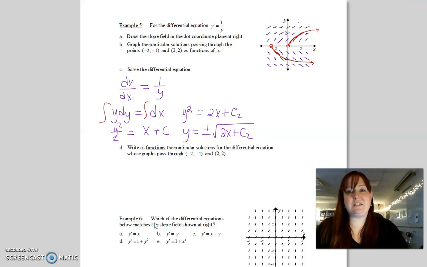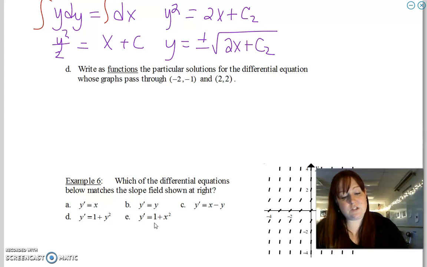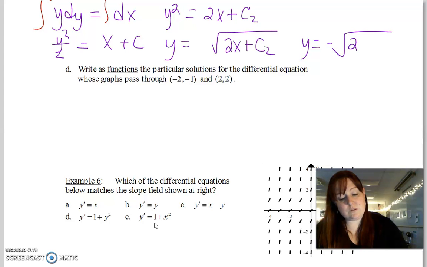You may have recognized that from your parent functions. I hope you recognize that from your parent functions. Okay, so we're going to write the function's particular solutions that pass through this. So we have two different functions, remember. We have the positive side of this, and then we also have y equals negative square root of 2x plus c. So the particular solution that passes through negative 2, negative 1, again, we're going to use the negative version